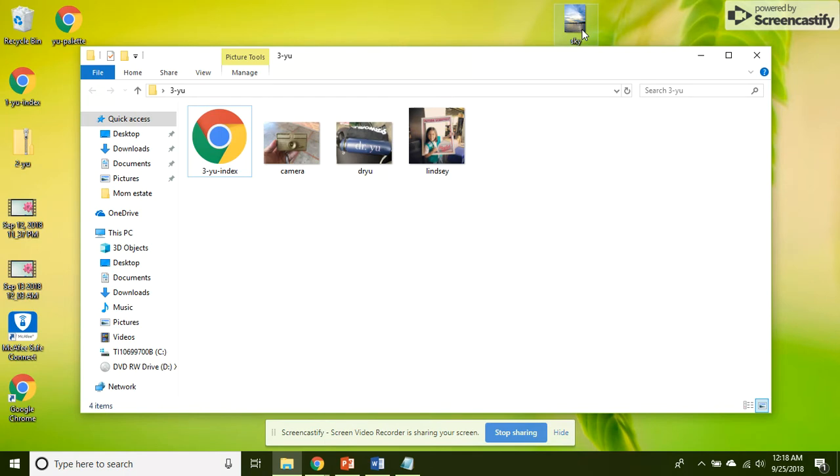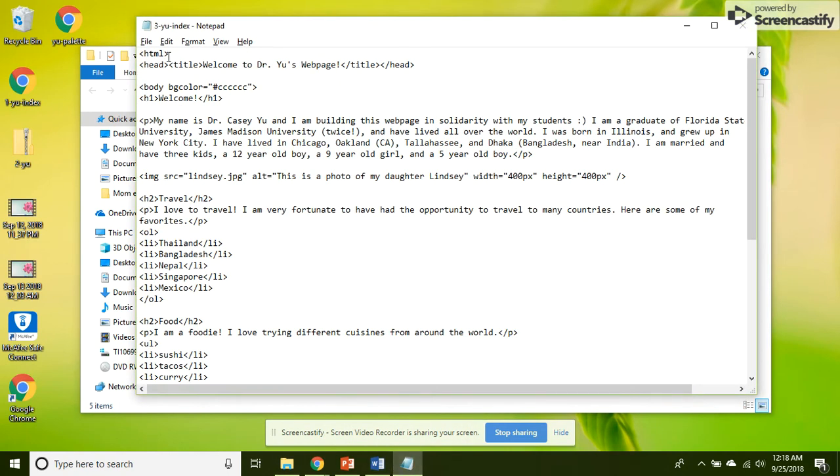I'm going to drag that into the 3-YU folder, because as we talked about earlier, by default your HTML will always look in the immediate folder it's located in for any images. So I'm going to go back to my HTML page, 3-YU-index, and instead of bgcolor here,